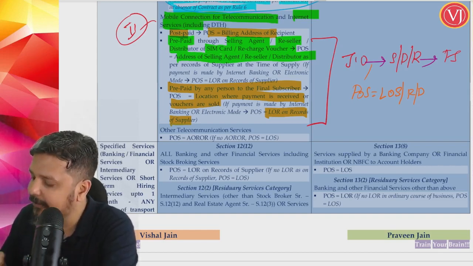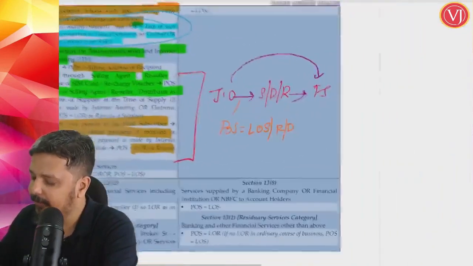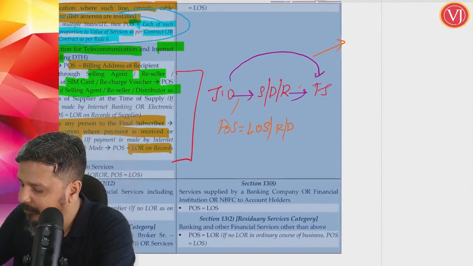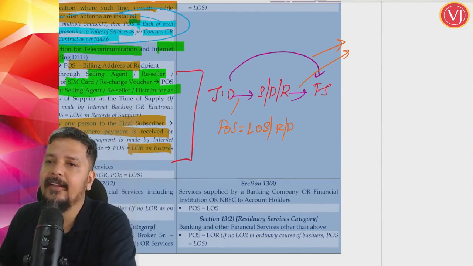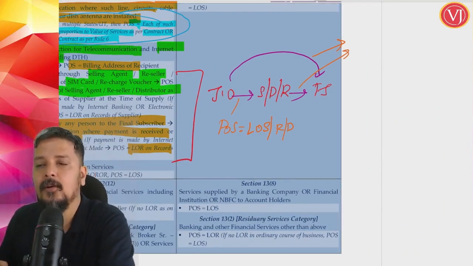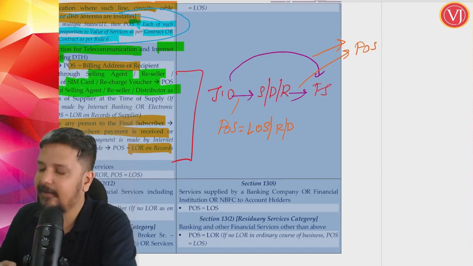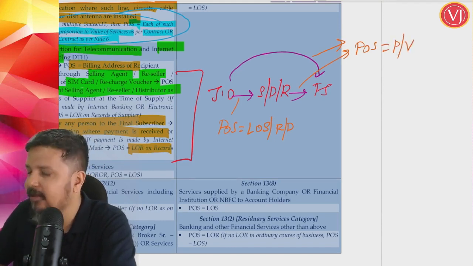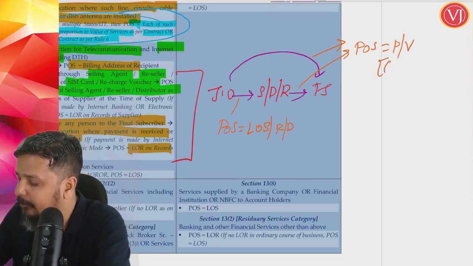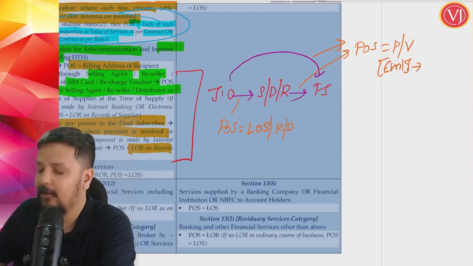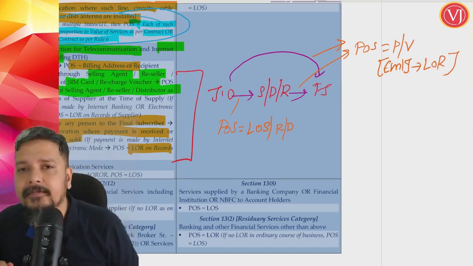But there's a second possibility where you are talking about Jio directly to the final subscriber. So in this second case, where you are talking about Jio directly to the final subscriber, or selling agent, reseller, distributor to the final subscriber, they have a separate answer. They are telling that it is where we receive the payment or where the vouchers are sold, basically their address. But if the payment is made via electronic means, internet, then they tell that whatever location of recipient is available on the records. Then they tell that, okay, if you make cash payment,